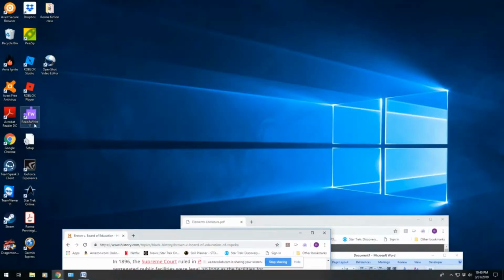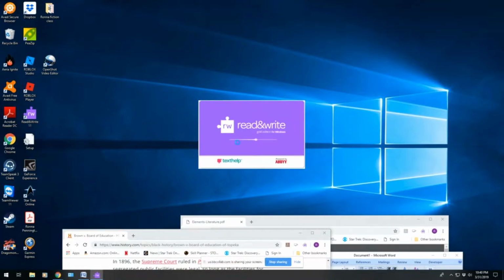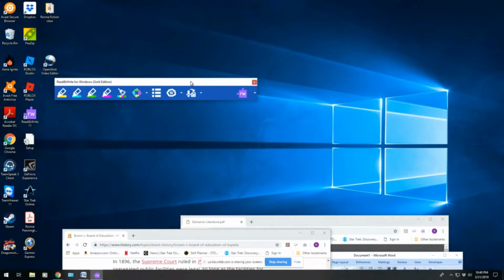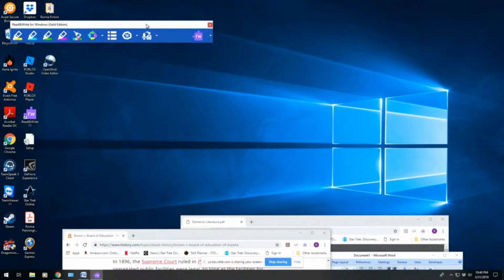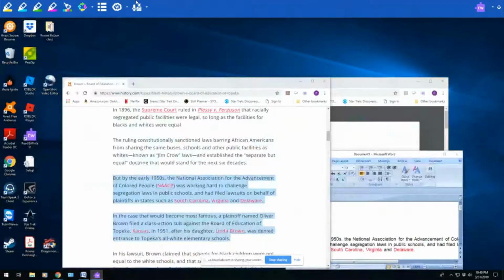Welcome to this tour of the Read and Write Gold research and study functions. To get started, double-click the purple puzzle piece on your desktop screen. When it opens, a small toolbar will appear in about the center of your screen. Left-click on that with your mouse and hold down, drag it to the top of the screen and release to